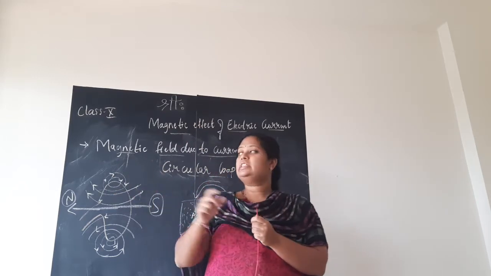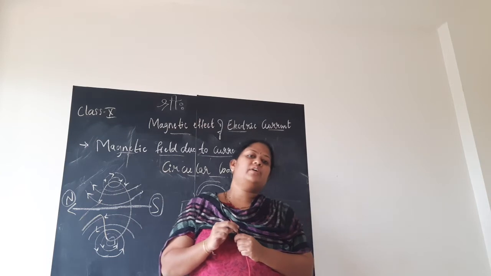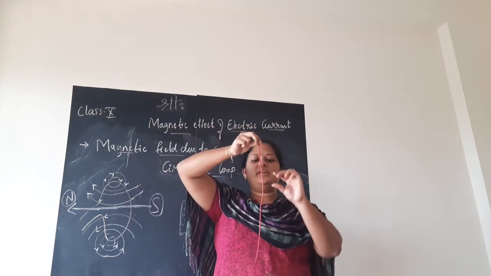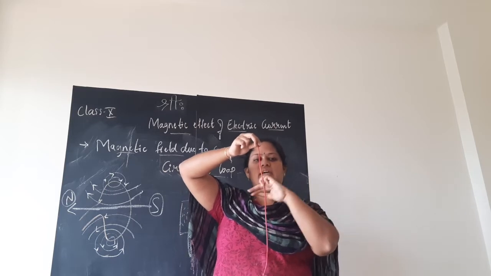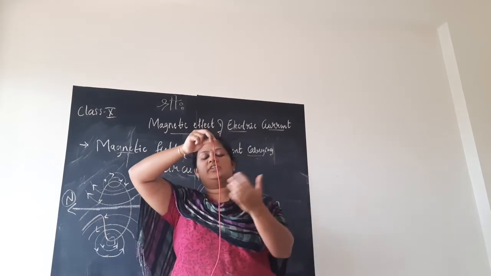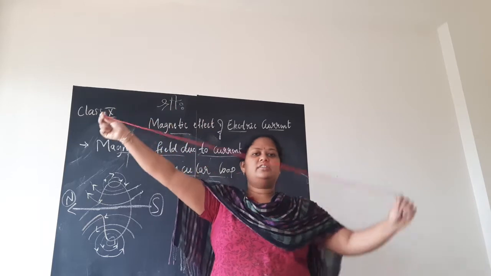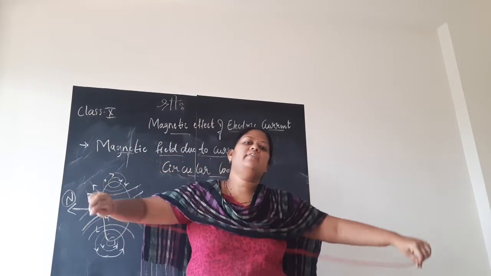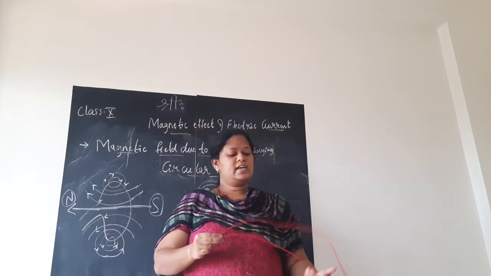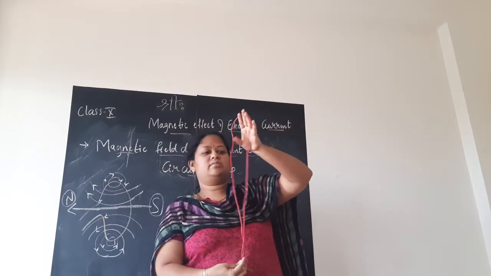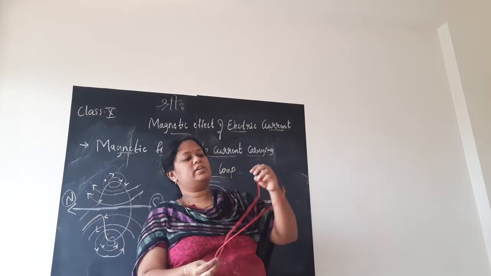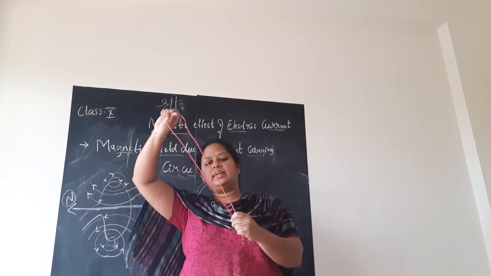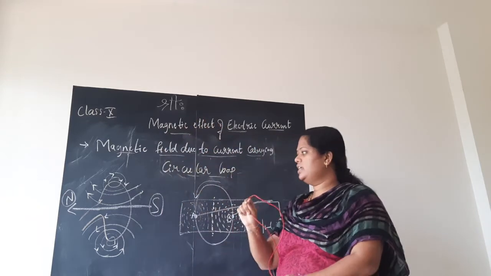Now we studied previously about the magnetic effect due to a current carrying straight conductor. That was a straight conductor like this, and when I place the magnetic compass, the magnetic field lines are produced in concentric circle form, all that we know. So this is the straight wire, or the straight conductor. What I have, I will make it a loop. I will make it a loop like this. You can see I am curling it. You can see the loop, just making the straight wire to be bent like this. I have the two ends here, no?